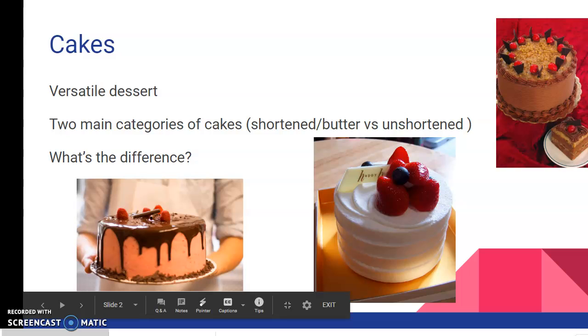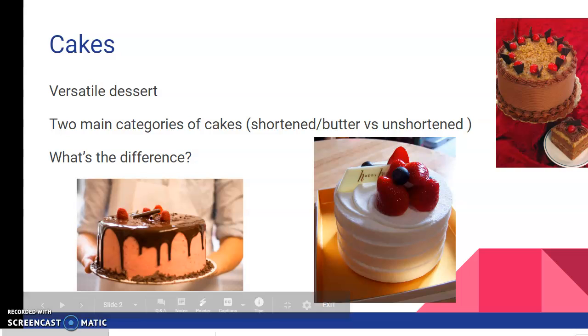Okay, so we're going to start talking about cakes. Cakes are one of the most versatile desserts. You can use it for any occasion. You can use it for birthdays, you can use it for holidays, you can use it as an afternoon snack, as well as for a dessert. And we of course know that cakes are one of the most loved desserts, and some of the most interesting cooking shows are all about baking cakes and